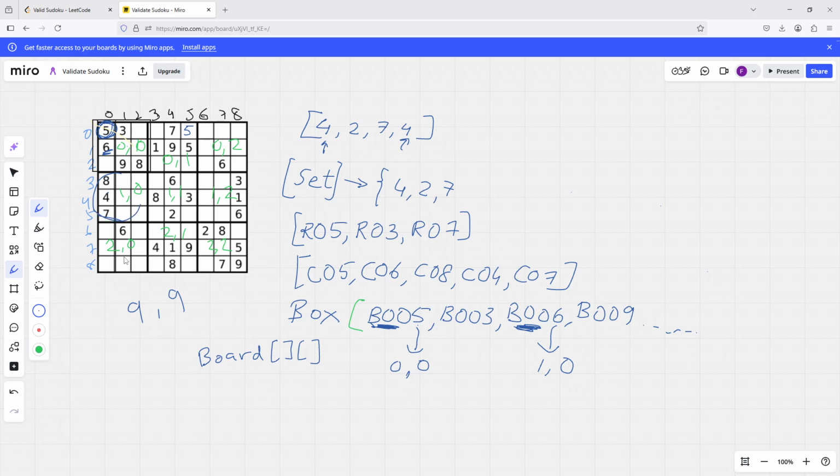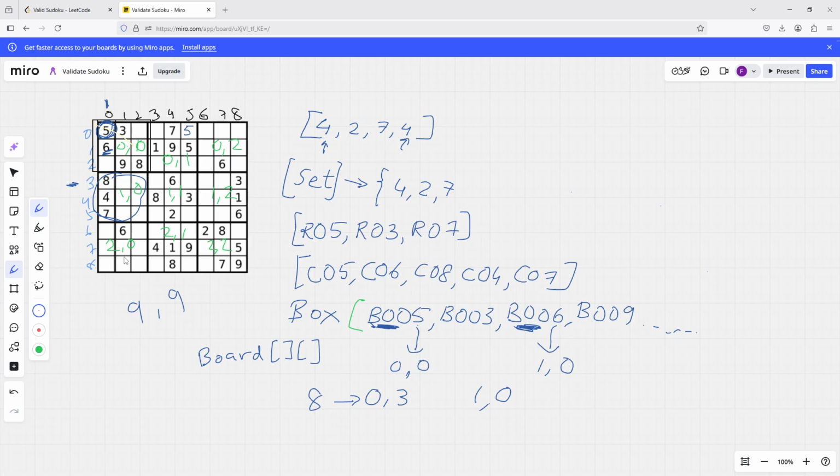So consider 8. Now 8 is actually, if you see here, 0 comma 3, that is the actual index, 3 and then 0. So 0 comma 3, but it needs to belong to the box of 1 1 0,